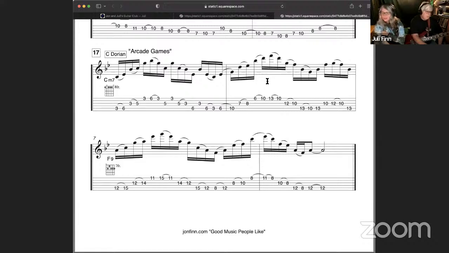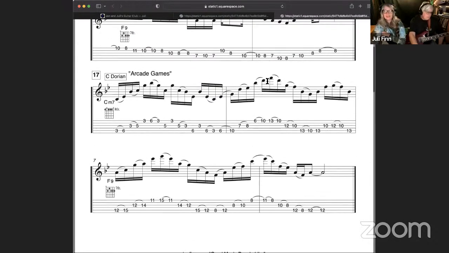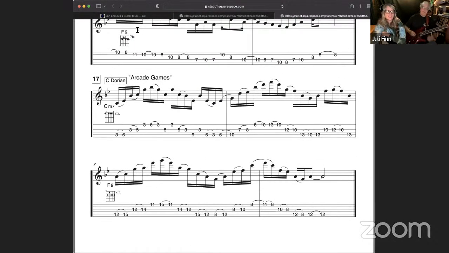Okay, so now we're going to do arcade games. Look at these neat skips. As you look through it, you can see that there's quite a bit of string skipping. Where I was coming from with this was that at one point I started realizing that if I play this as a C minor 7th arpeggio,